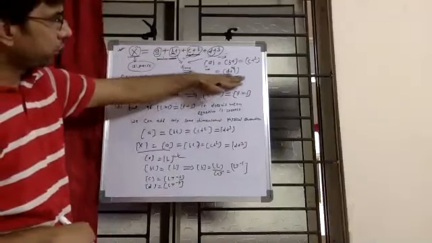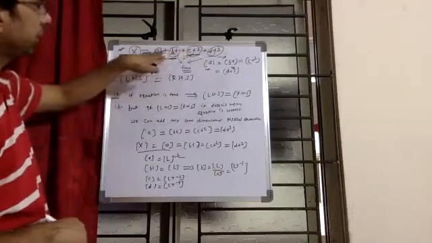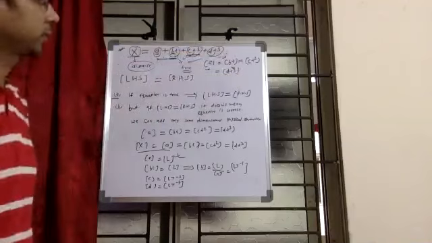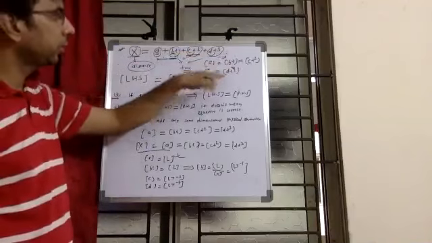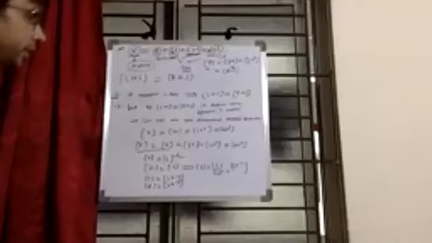Because we are adding all these physical quantities, all the dimensions of these individual physical quantities will be same. At this point, it is clear. So the dimension of A equals the dimension of BT equals the dimension of CT square equals the dimension of DT cube. Is that clear first?